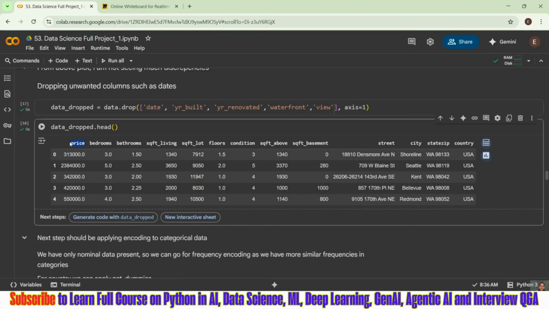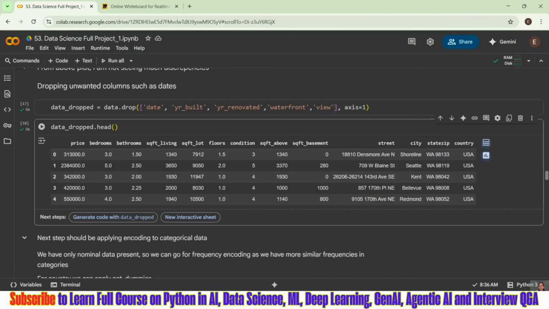My price is my target, guys, so you do not have to touch that, because it is going to go under train test split, and it is going to go under Y train. Then what are the columns we have left? Bedrooms, bathrooms, square feet living, square feet lot, floors, condition, square feet above, square feet basement, street, city, state zip, and country.